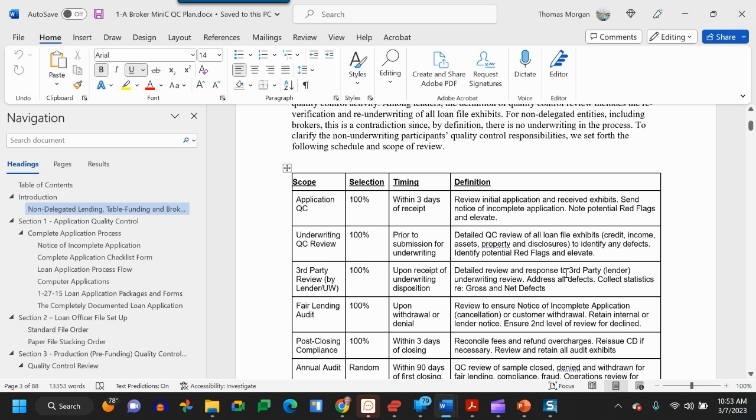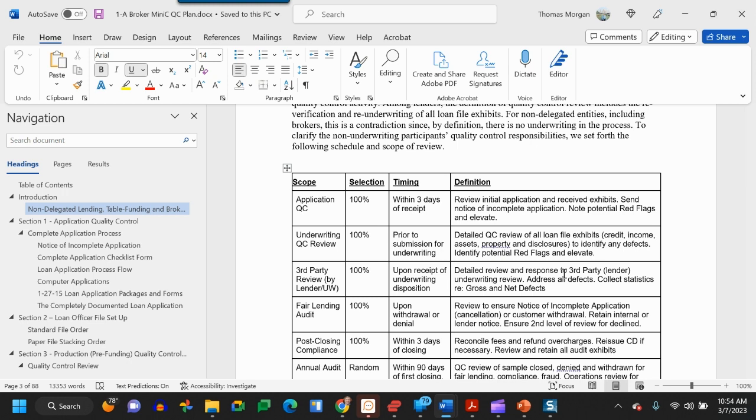Review it against a checklist of some sort, your complete application checklist, that has two purposes. One, make sure that you have communicated to the borrower items that are necessary to complete the application. And two, that date stamps your loan file for additional information requests. The notice of incomplete application, which is what this is, allows you to say to a borrower, we have finished with your loan. You have not provided information that we need in order to complete it, so we can withdraw your loan file